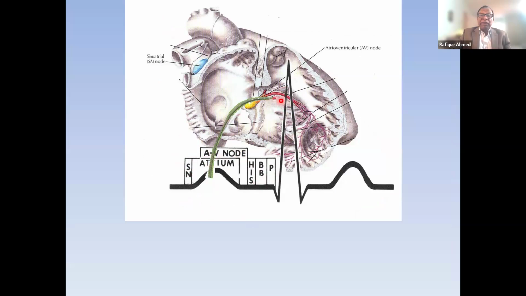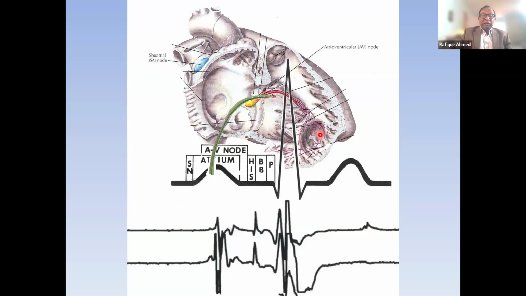Yes, I can put a catheter near the AV node, and you can see there are 4 poles in here, and I can record signals. And if I record signal, I can record the atrial activation and then His activation. So that means this is the time needed by the electricity to go through the AV node, and exactly how it is depicted here. How about here?